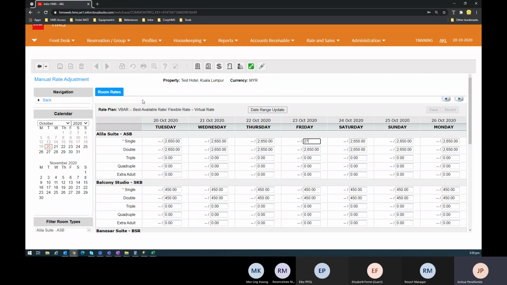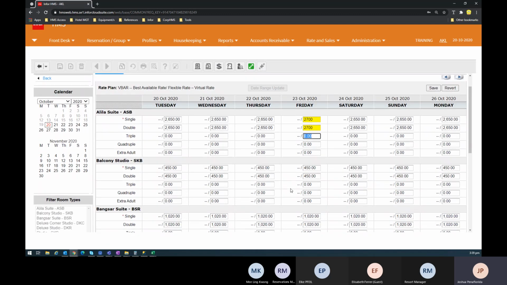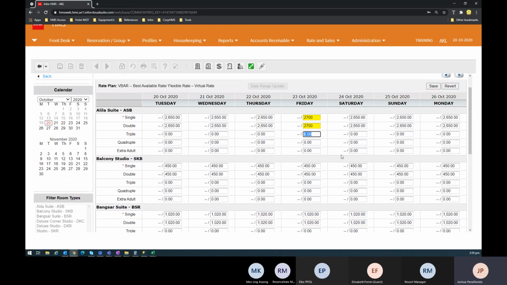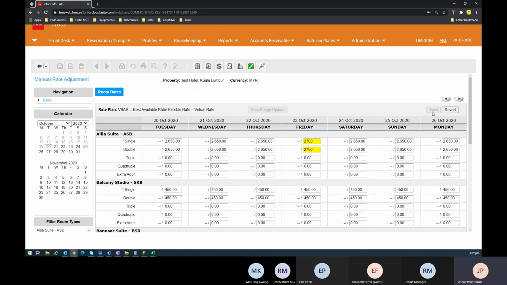Let's say this one is 2700, 2700, based on single occupancy and double, right? I can adjust that rate from here itself quite manually and click on save, and automatically any future reservation,